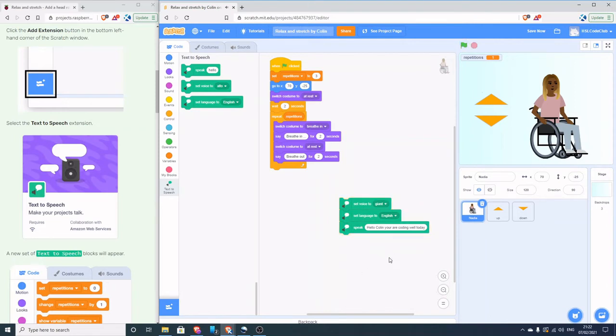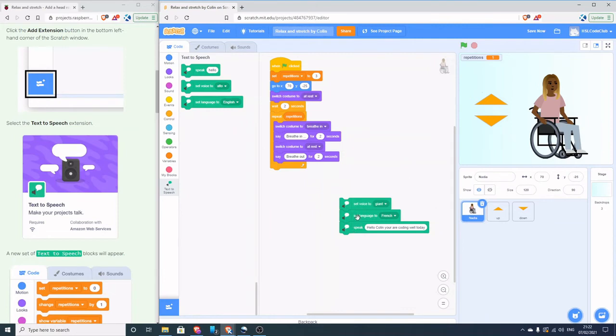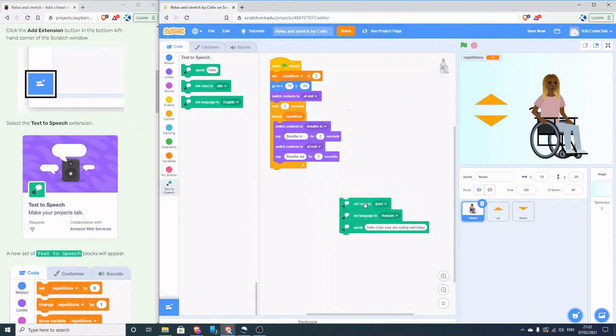It's a very deep voice. But we could also set a different language for it to be said in. So we could ask it to say those words in French. Hello, Colin, you are coding well today. And if I pick something like Russian, it comes out really weird. Okay, it's not a translation, it's just saying the words in the way that a Russian would say it. So let's just change that back to